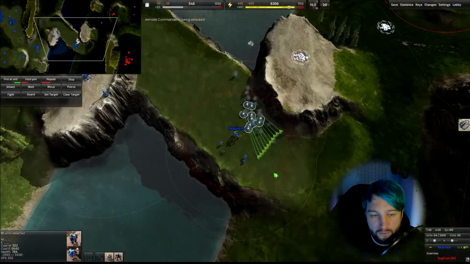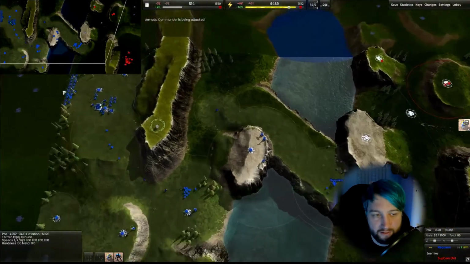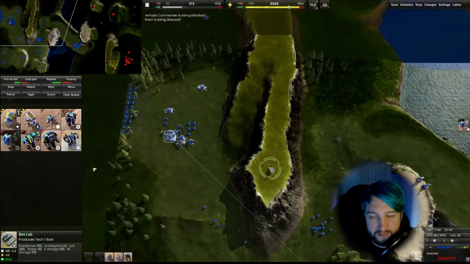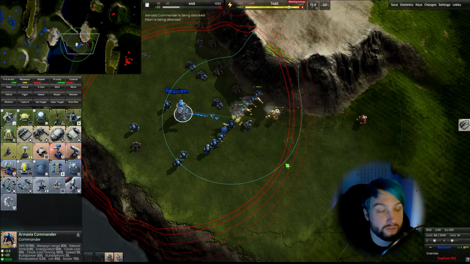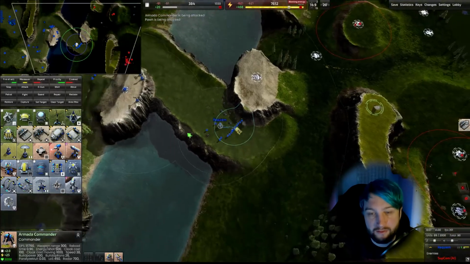Okay, so we've got quite a group there. They're going to move forward. Engineers are still doing their thing, and I've decided now is the time to switch from pawns to maces. Now, pawns are more of a raider unit. With their speed, they're good at